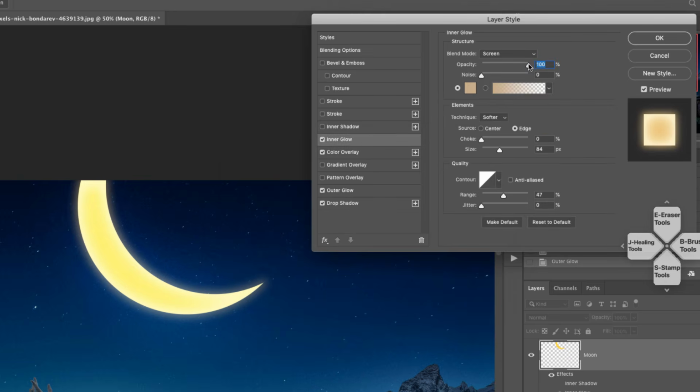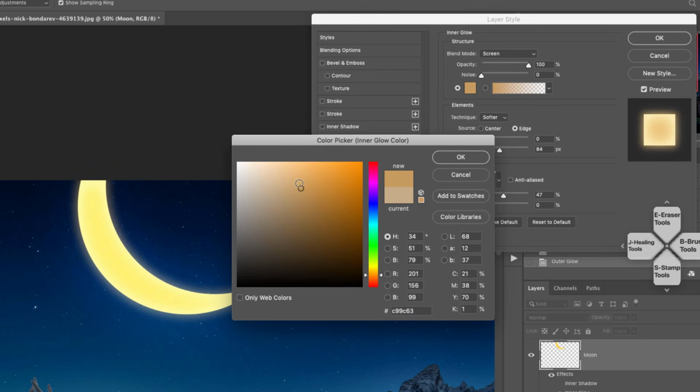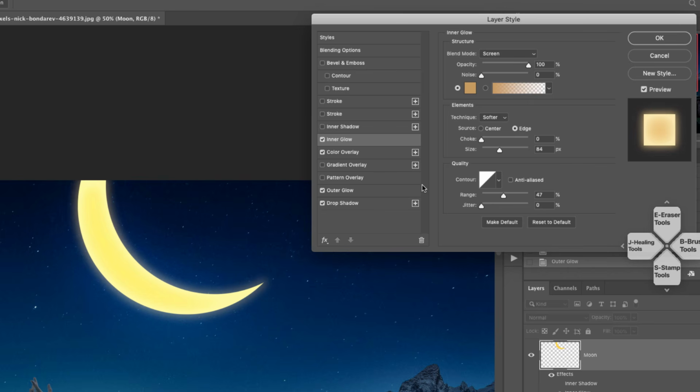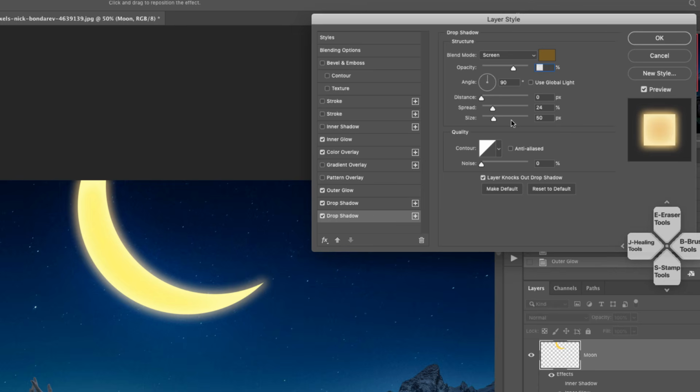And let me go back to the inner glow. So you can see it's just back and forth, looking for the effect that you want. And I think that's pretty much it. You can add more drop shadows if you want to have even